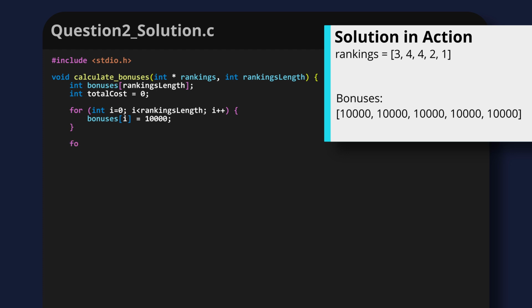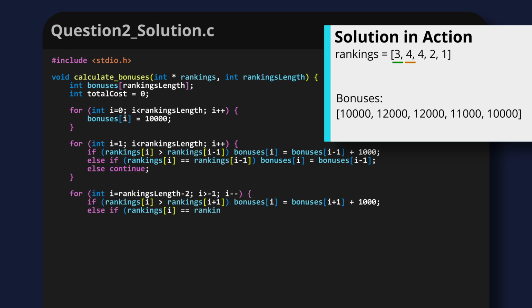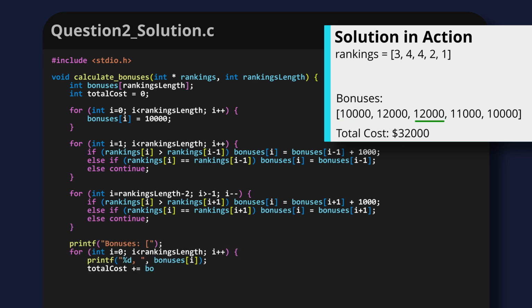Then, we will loop from left to right and check the rankings of the current person with their left neighbour. If the current person is a higher rank, we will give them $1,000 more than their neighbour. If they are the same rank, we will make sure they are receiving the same amount as their neighbour. And if they are a lower rank, we will do nothing. We will then repeat this process, but this time loop from right to left and compare the current person with their right neighbour. We can loop through one final time to print the array and calculate the total cost of